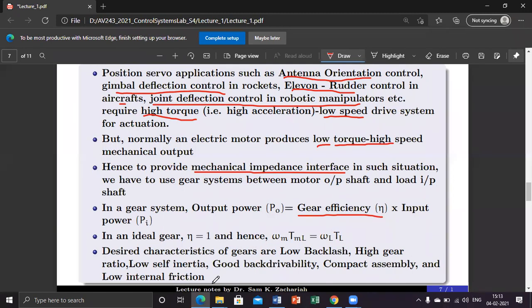You can always see that there will be some sliding motion between the driving wheel's teeth and the driven wheel's teeth. That will definitely produce some sort of heat loss, and hence some energy will be lost there. So the efficiency all depends on the gear mechanism that we employ. The simplest case is the spur gear you might have seen in day-to-day application. And there are other gears, because when you talk about gears, there are other parameters.